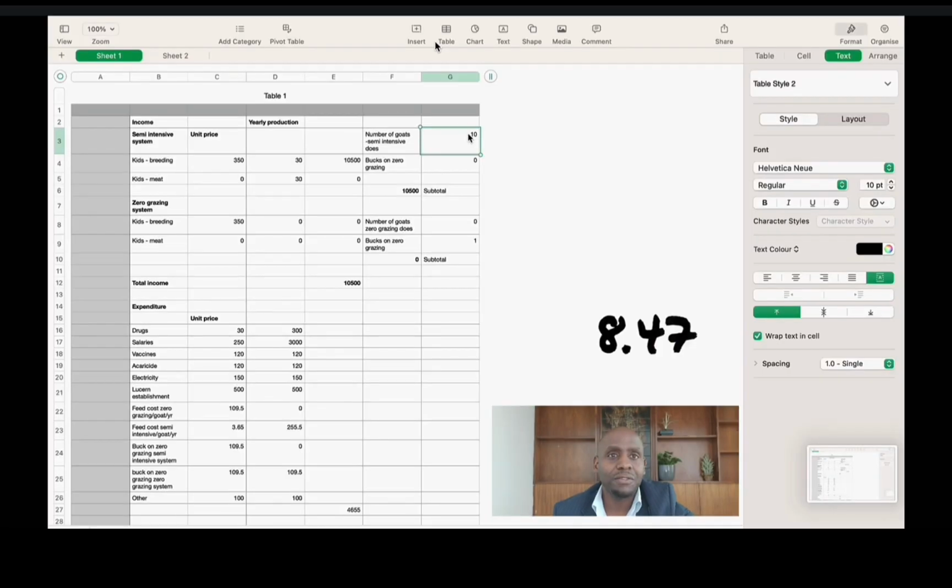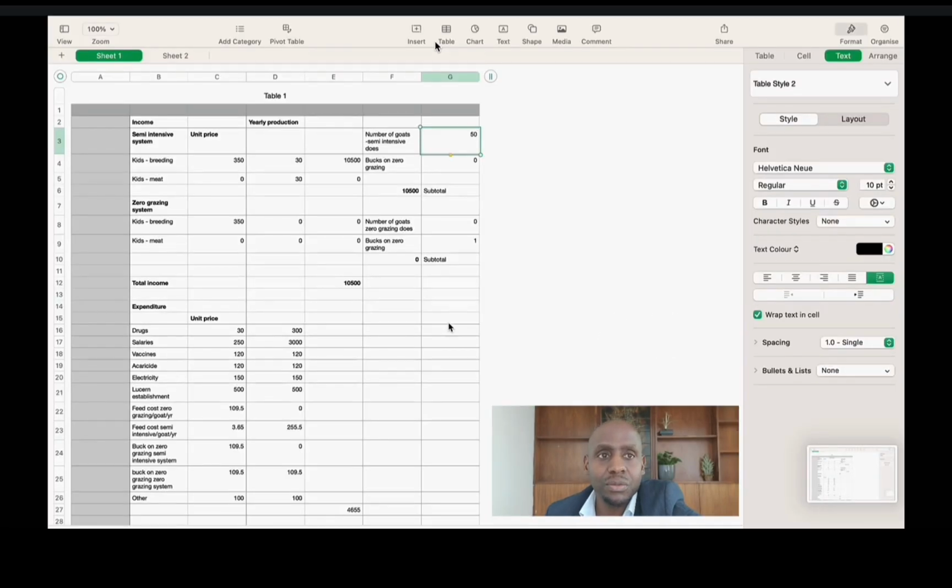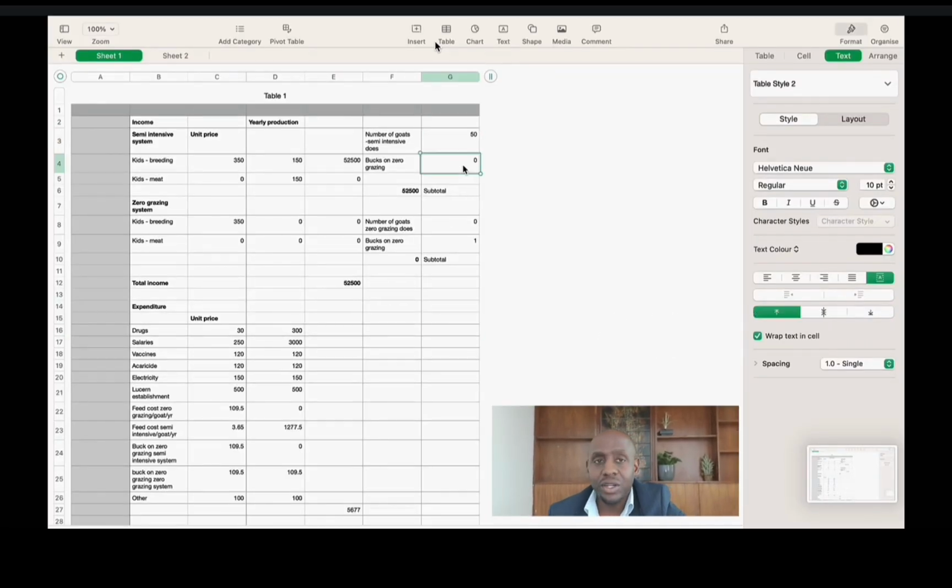But let's look at another scenario, let's play around with the scenario. Let's say we start off with 50. Let's look at if we start off with 50 local hard Mashona goats and one buck. Let's see what the figures look like in that scenario. So guys, this is what it looks like. So if I start off with 50